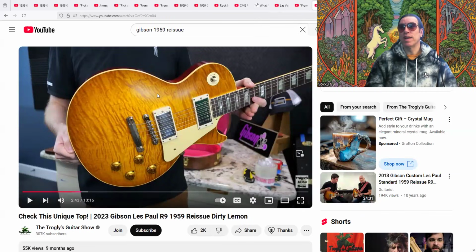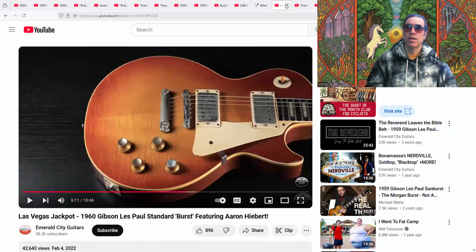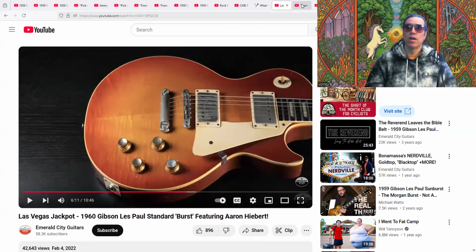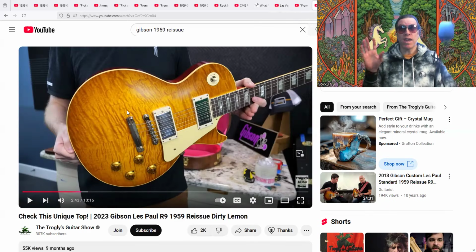This was made in 2023, last year. Look at the color of this guitar compared to this guitar. Look at the flame on this guitar compared to this guitar. Now, if you're judging a guitar on the flame and you're saying that the flame top improves the look of